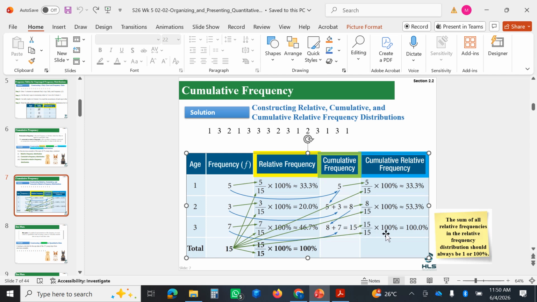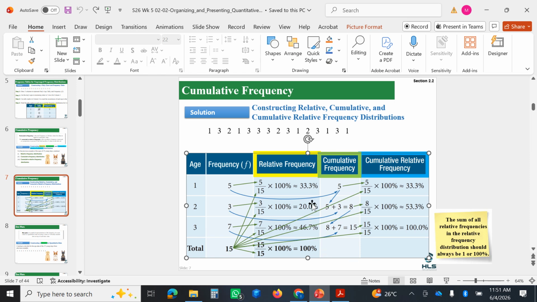15 out of 15 obviously corresponds to 100%. So that should always equal 100. That number there should always equal the total. That number there is always 100% too. The sum of all the relative frequencies in the relative frequency distribution should be 1 or